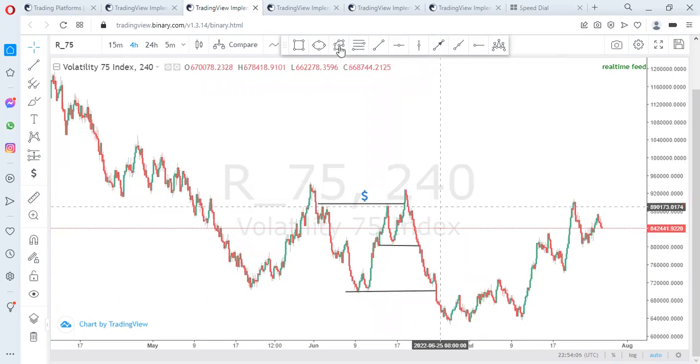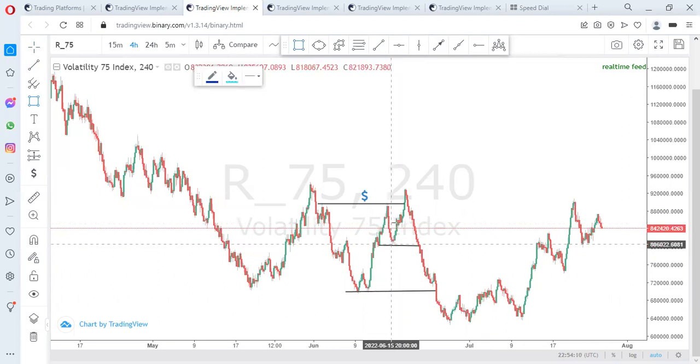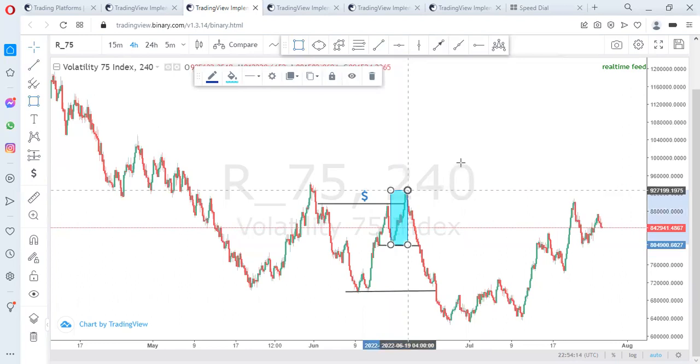So that's why I said the move that took out liquidity. This is how I like to do it. The move that took out liquidity. It doesn't have to be a single candle. Like, we have types of institutional candle. This is the one I like to trade the most. I like to trade the move that took out a particular liquidity in an area